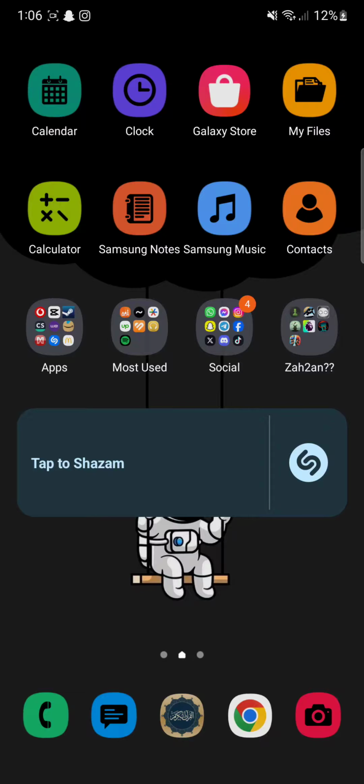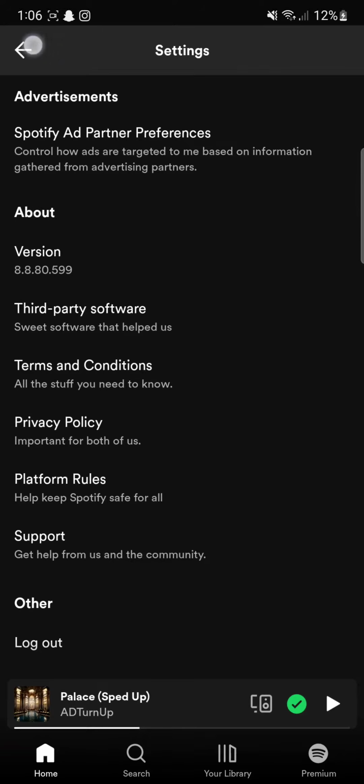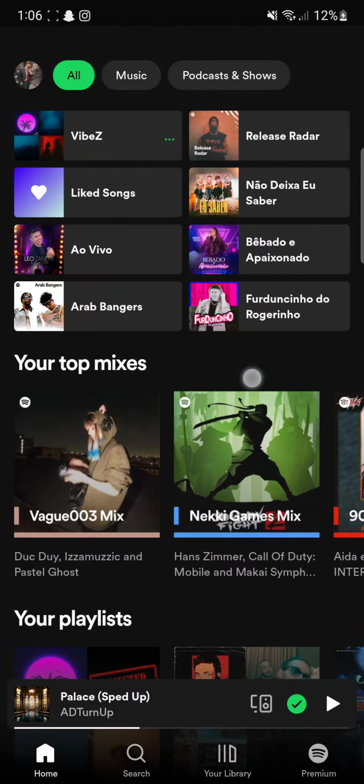Today I'm going to show you how you can see your username and possibly your password on Spotify. It's pretty easy and I'm going to show you how you can do it. So first of all, when you go onto Spotify, there is no real way where you can find your username